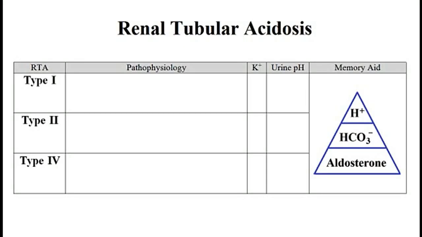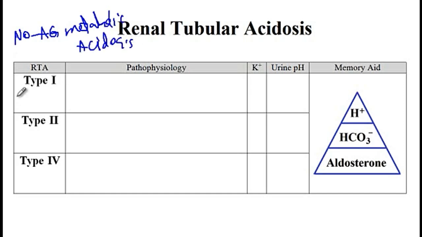In this video, I will go over different types of renal tubular acidosis which are associated with non-anionic gap metabolic acidosis. So type 1, which is also known as distal renal tubular acidosis, is due to the inability to secrete hydrogen in the distal tubule of the kidney,